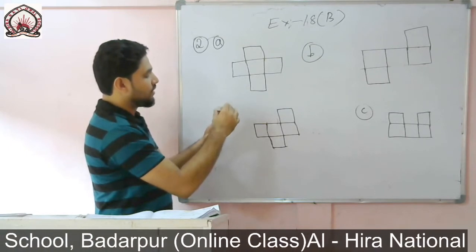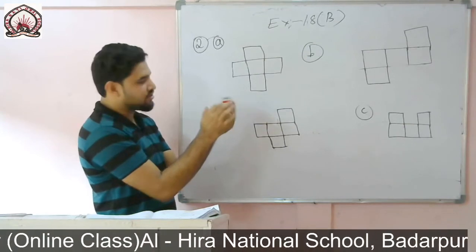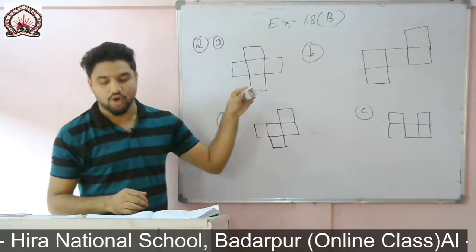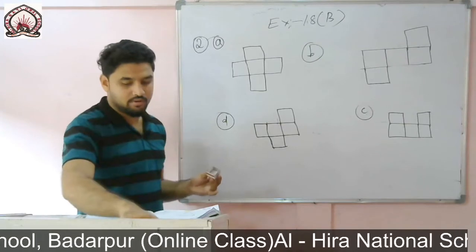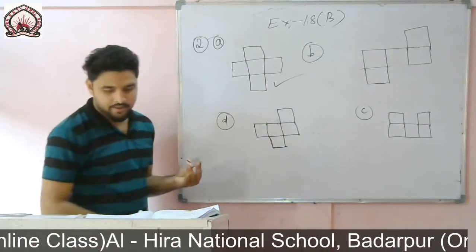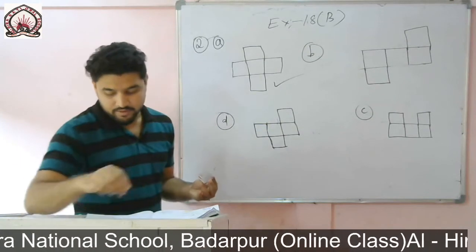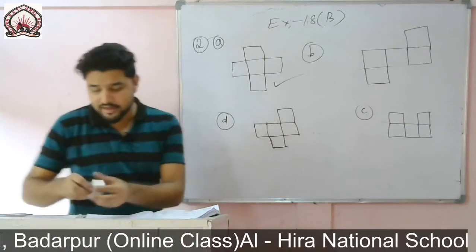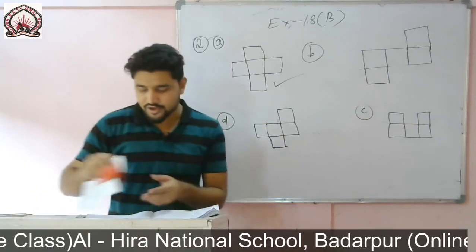You see, all the 4 sides are closed and bottom is closed, top is open. Okay. So it will form a what? Open box. So in case of A, it is correct. Okay. Now come to 2. That is B. In case of B, now let us check in case of B.